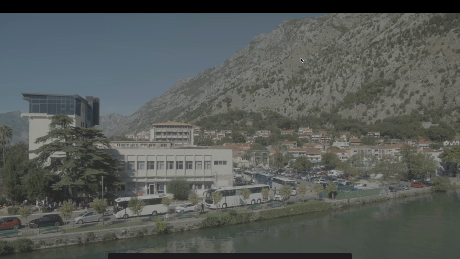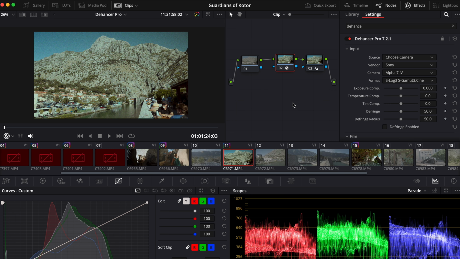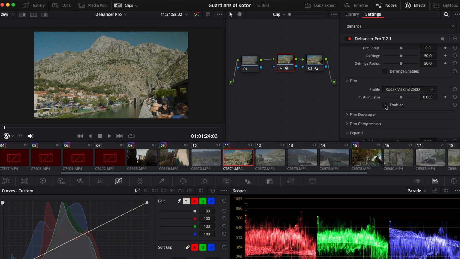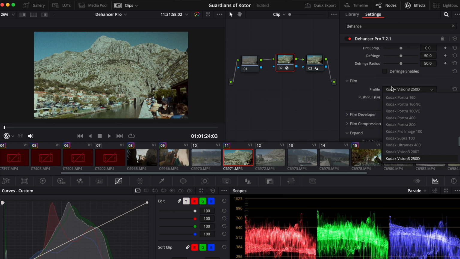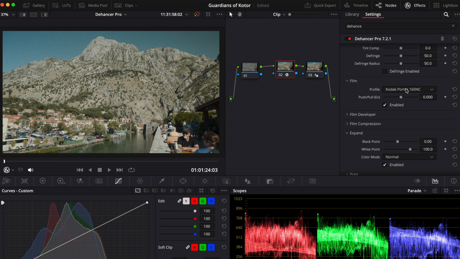And as you can see, a lot of things is happening right away. Maybe I should be full. Yeah. So very distinct look. There's a film LUT profile now loading, so we can disable it. So now it's only S-Log3 to Rec 709. It's a good start, but if we want some cool film thing right away, we can just